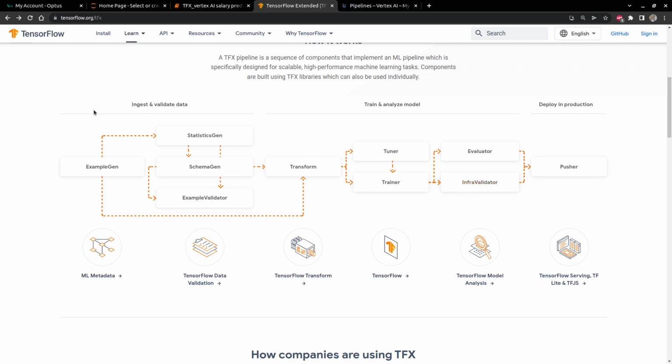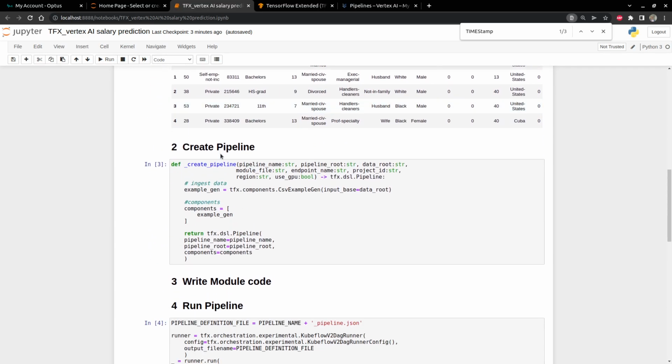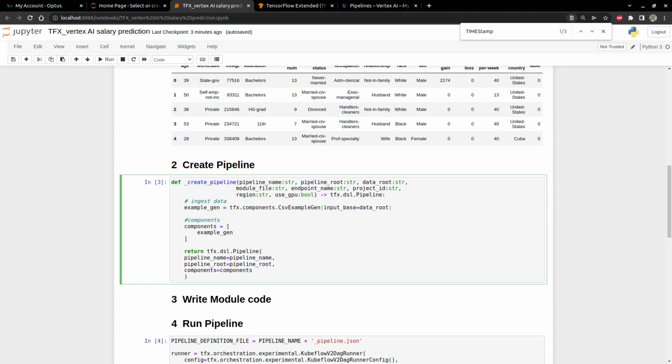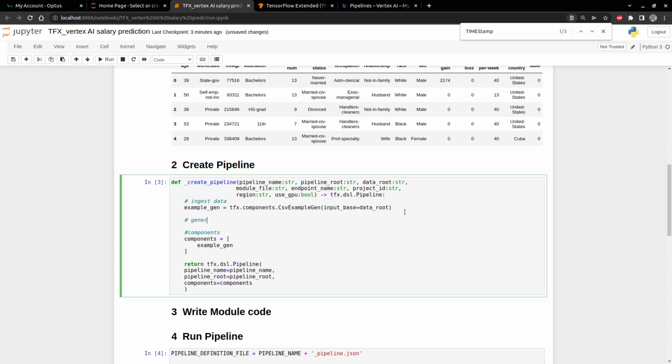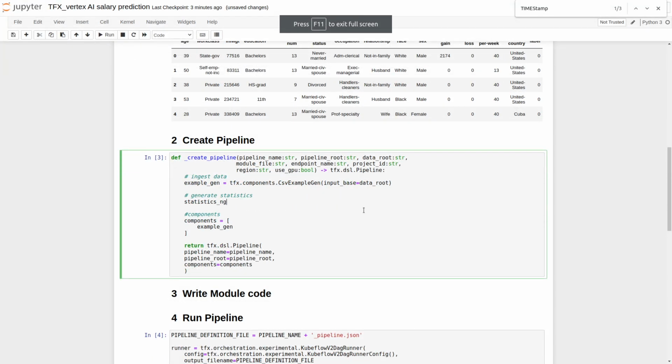So let's go ahead and write some code for the next steps in our pipeline. So we'll start from here, and then the next one is the StatisticsGen, right? So we will say here generate statistics, right? And then we have statistics gen is equal to